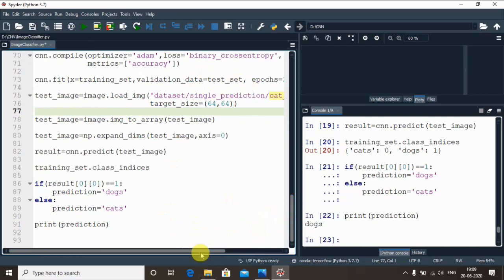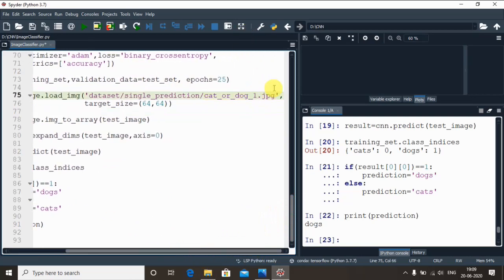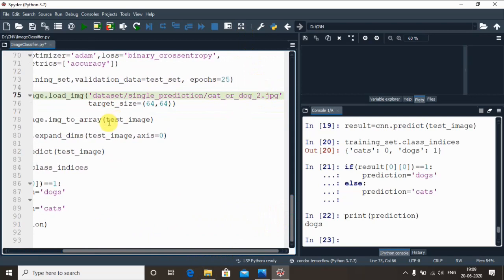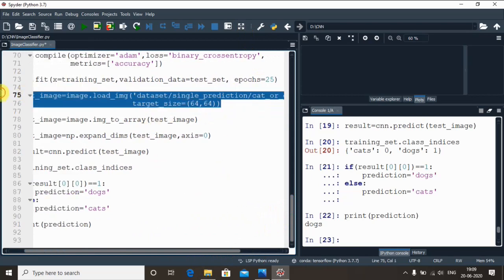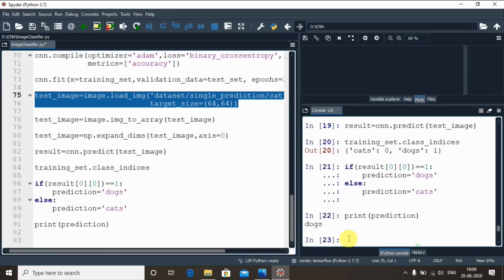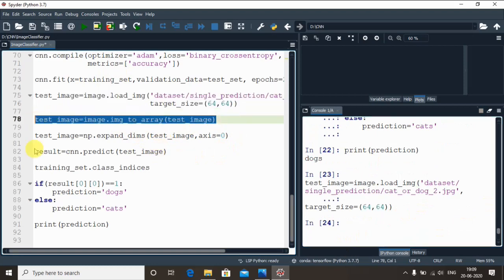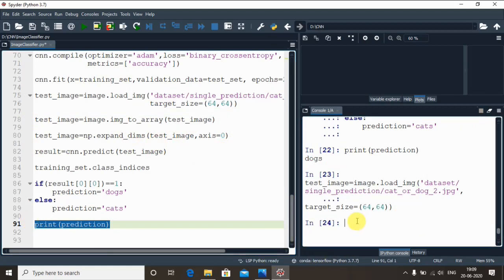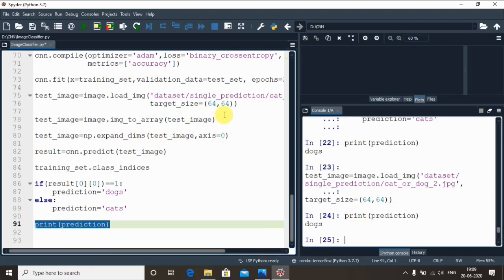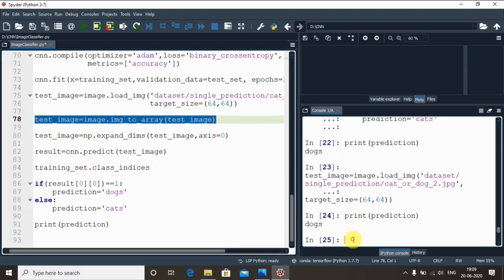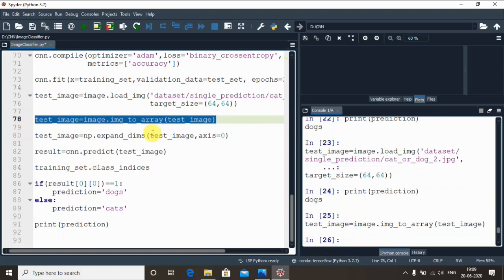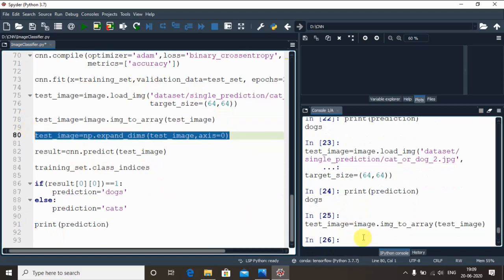Now let me change it to 2 and see whether it identifies the cat properly or not. For that purpose I need to re-execute this line of code. Okay, done. Now let me see whether I am getting the proper image or not. Let me try with the print and see whether it works properly. No, I need to import all the things. Okay, like adding the extra dimension to the image. Done.